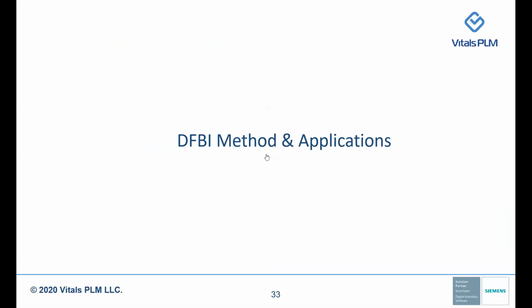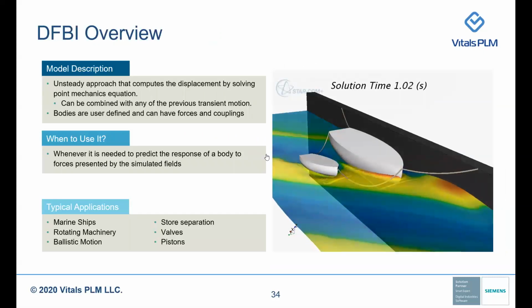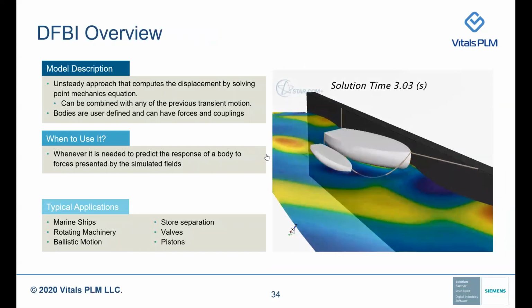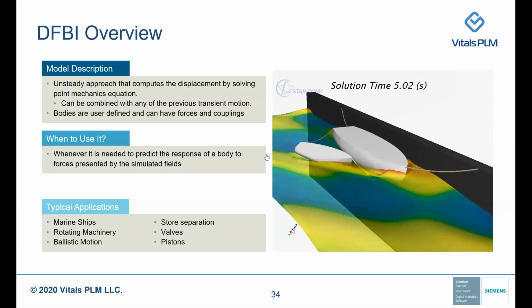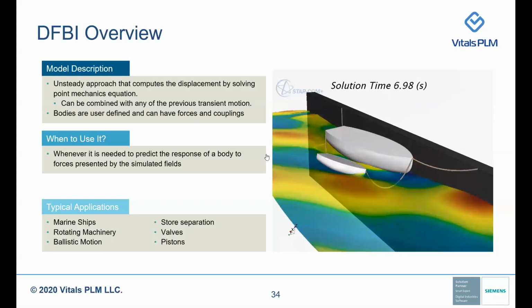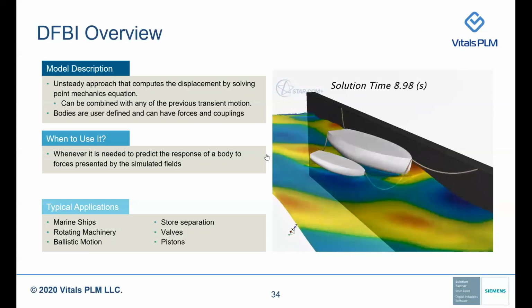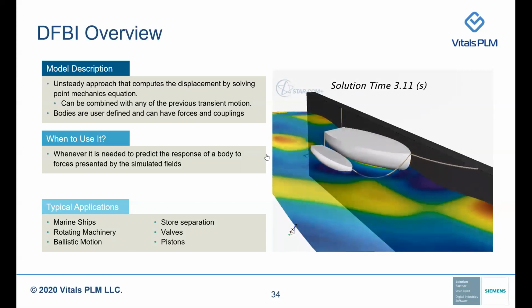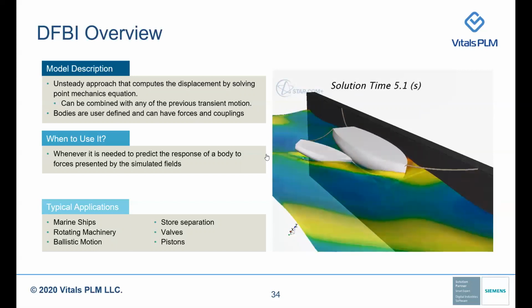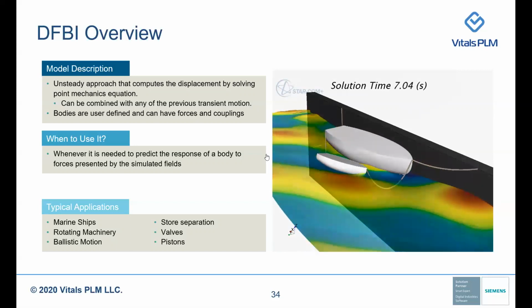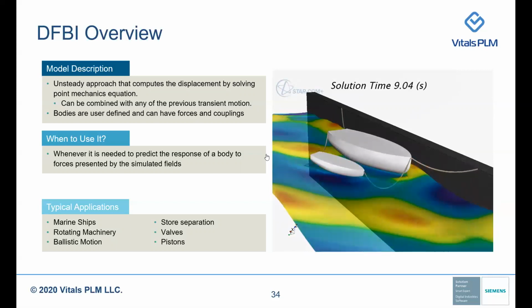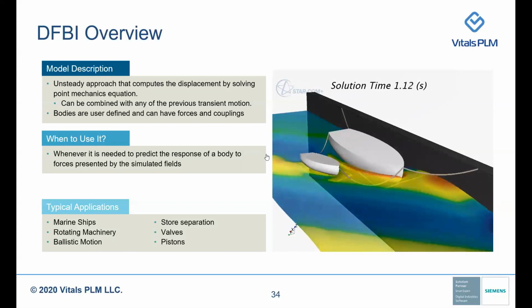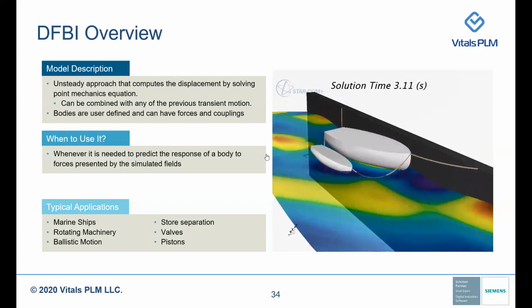With that, the second topic of the day is the DFBI method, the dynamic fluid body interaction method, and its applications. So the DFBI method is useful, again, we already discussed this one, for scenarios where the body displaces or moves under the influence of fluid forces. When we use the DFBI method, in the background it solves Newton's second law of motion in a point mechanics approach. On top of solving the fluid forces acting on the DFBI body, you can also combine